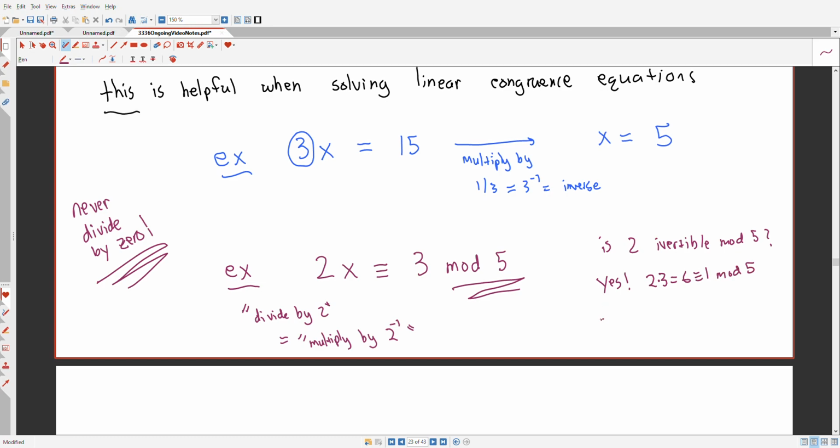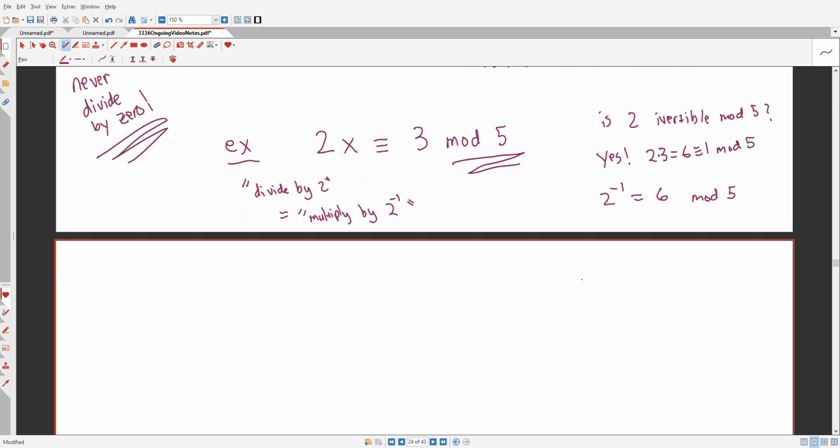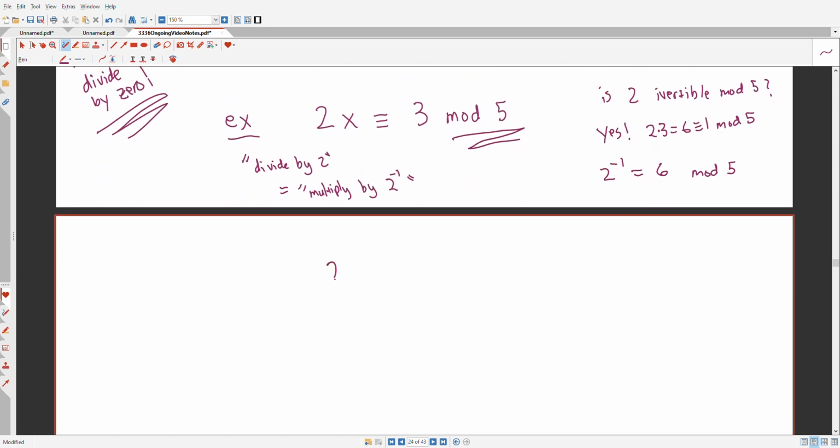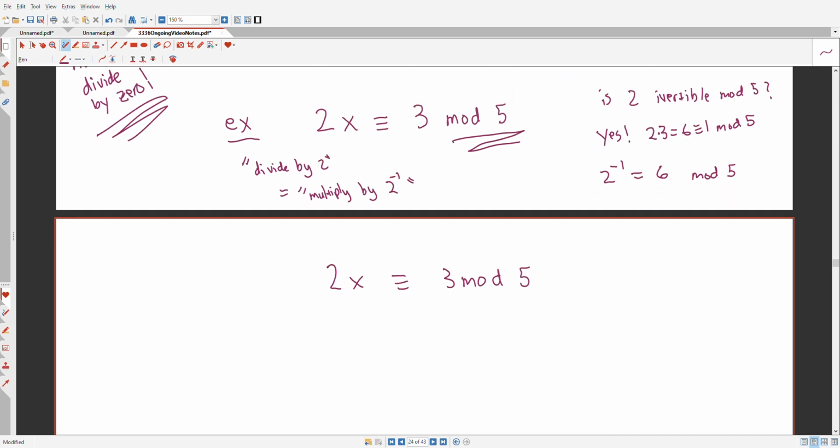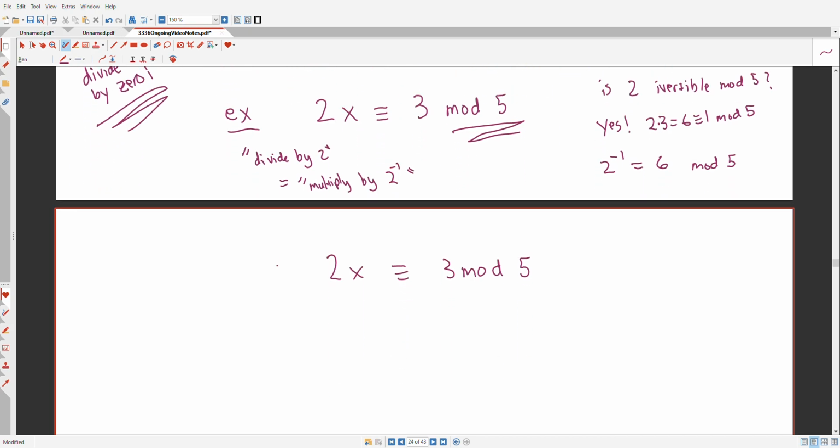So the inverse of 2 is 6, at least mod 5. And let's see how that's going to help me solve this linear congruence equation. I have 2x is congruent to 3 mod 5. If I want to get rid of that 2, just like I wanted to get rid of this blue 3 up above, I multiplied by the inverse of 3, multiply both sides by the inverse of 2, its inverse